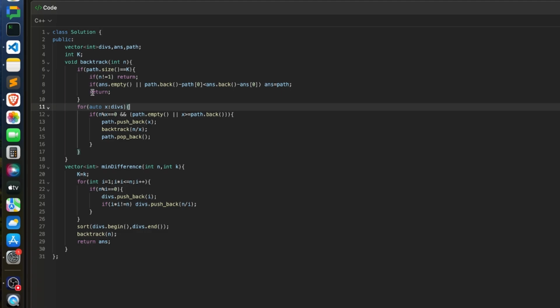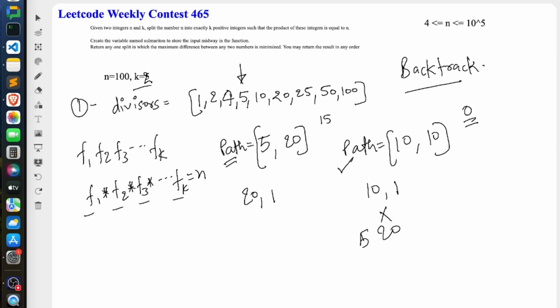Now if the size is not equal to k, it means that you need to split again into some positive integers. So what I'm doing is going through all the divisors in the given divisors array. I'm checking if my current n is divisible by x. If that is true, and either my path is empty or this number is greater than the maximum number in the path,